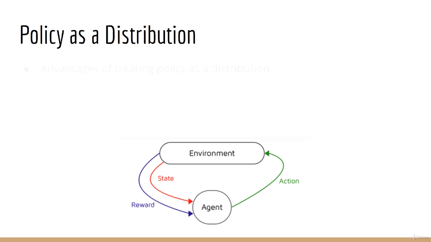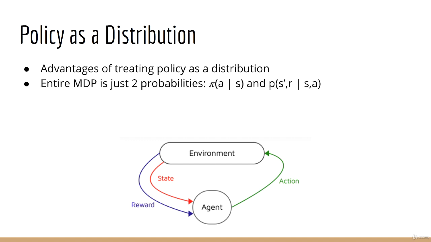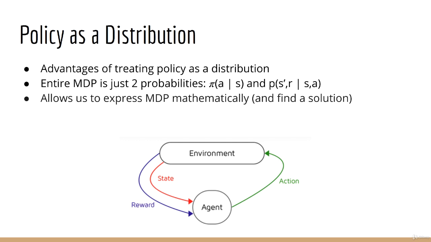Earlier in this section, I told you about the value of treating the policy as a probability distribution. First, it allows us to describe the entire MDP as a set of two probabilities, one representing the environment dynamics and one representing the agent. This allows us to reason about the MDP mathematically and find a solution to both the prediction and control problems,